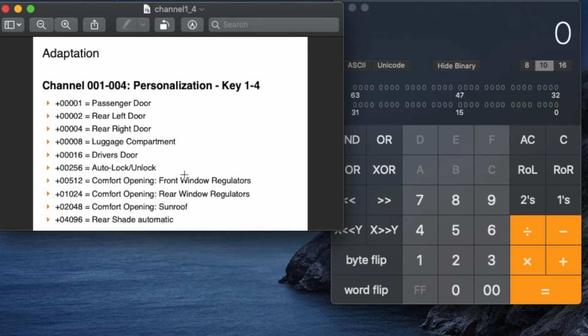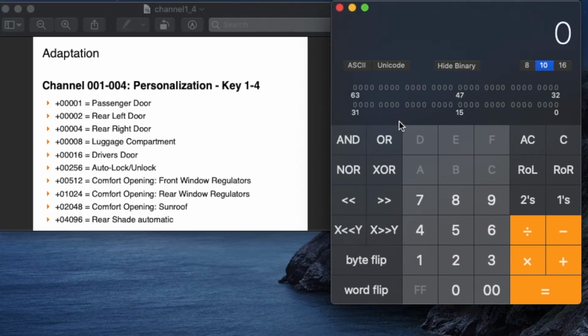We programmed it already, but let's just look at the number. So if I want to do all the passenger door, I will go 1 plus 2 plus 4 plus 8 plus, I think mine I didn't do the driver door, but we should do the driver door, which is 16, plus 256 is lock and unlock, and then 512 is the front windows,